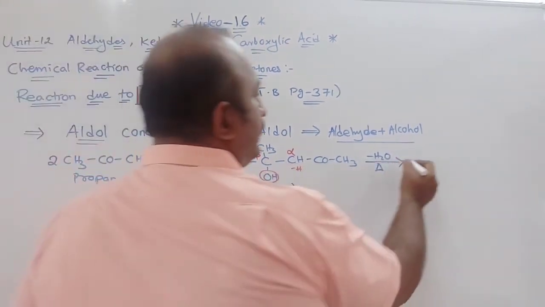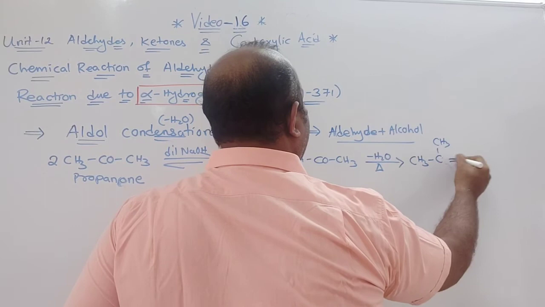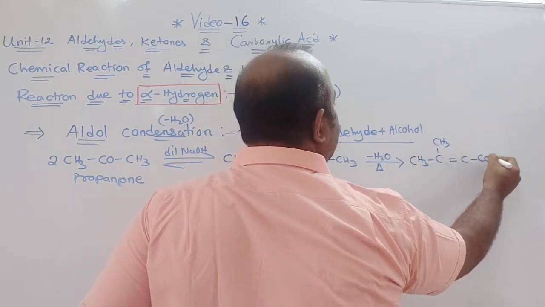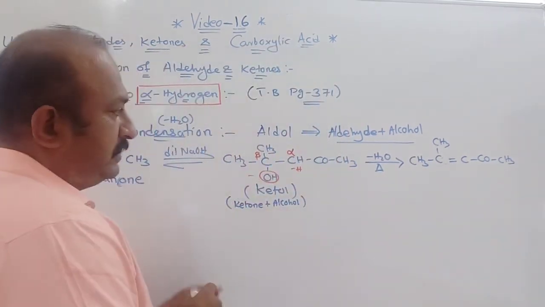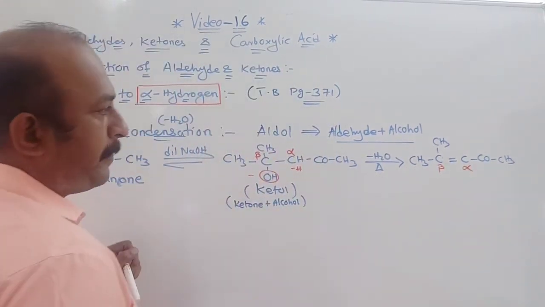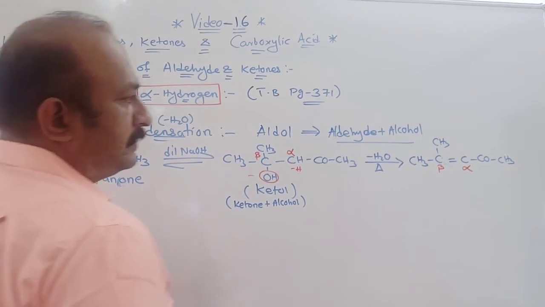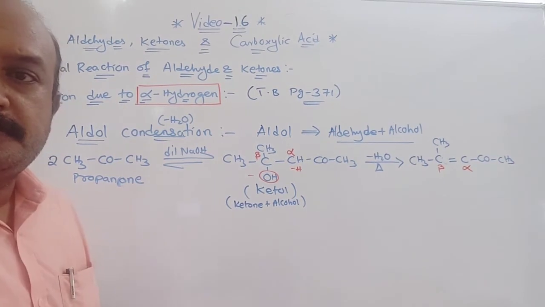So, now directly you can write like this: CH3, CH3, here double bond C, single bond CO and CH3, and here, okay, I think over. So this one is your alpha carbon and this one is your beta carbon. This one, I think it is given in your book. CH3C double bond C, H will, I think some mistake is there, just a minute.